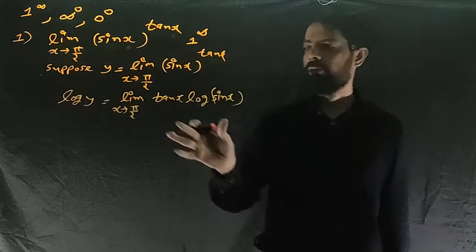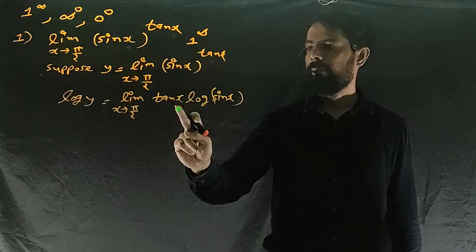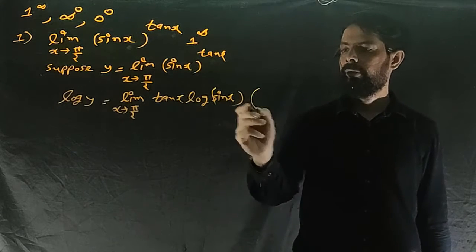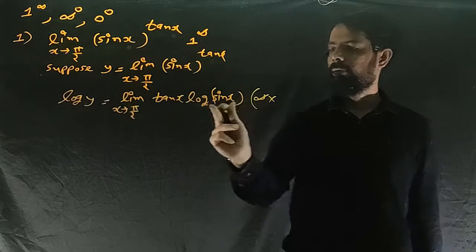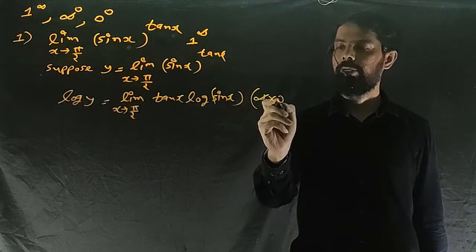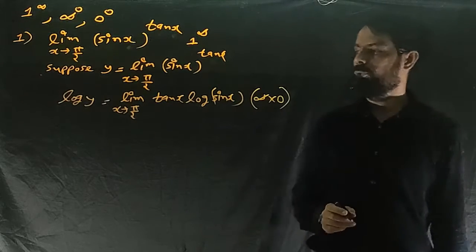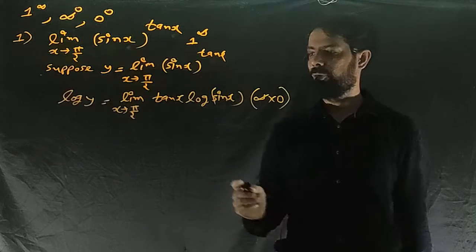Now we will have to check the form of this by putting x equal to pi by 2. So value of 10 pi by 2 is infinite, and here sin pi by 2 is 1, and value of log 1 is 0. So now it is infinite into 0 form. So how to solve infinite into 0 form? So for that,